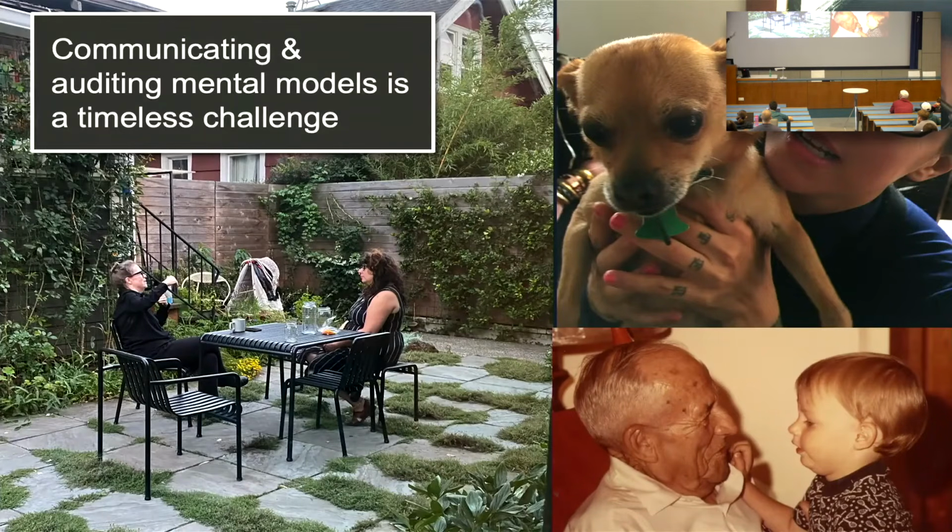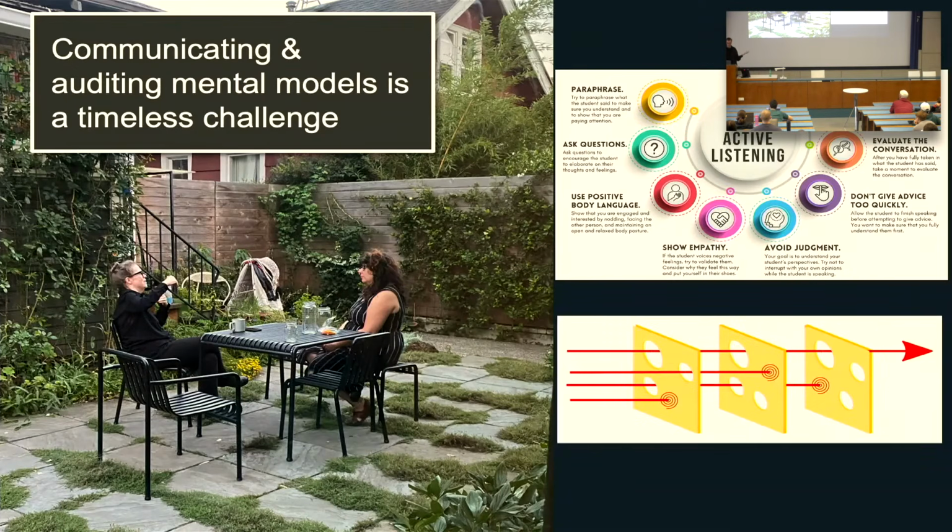So here's a picture of my wife talking to a friend of ours in our back garden. On the right, my friend is talking to her dog. And then there's me with my great-grandfather. He's asking me questions, knowing that I'm a child, at different levels of abstraction than he would otherwise. He's also trying to evaluate what I know, what I'm thinking about, and what my mental model is. And if I'm crying or have some problem, he's trying to evaluate what that is. So this is something that we do a lot.